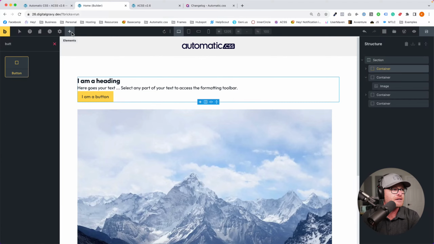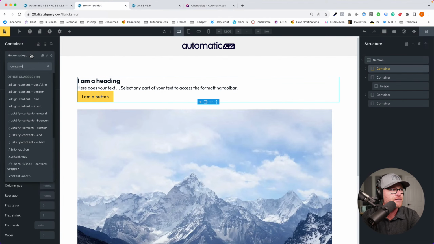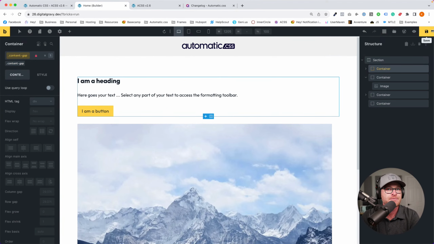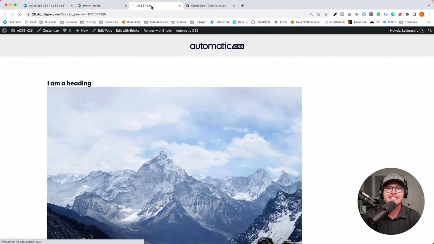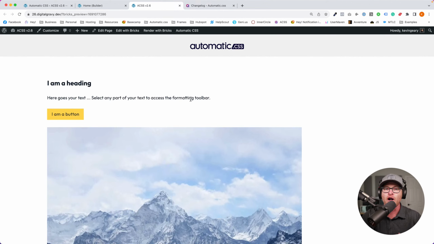You've got other stuff in here. All right, but that's all touching. It's like, what is going on here? So you come over here and you say, I just want my content gap, please. Okay, save. And now your content is gapped out. And you're using these contextual utilities all throughout your site. What's going to happen is all of your content's going to have insanely consistent spacing. There's no thought that has to be put into it. You're just like, I just need content gap here.